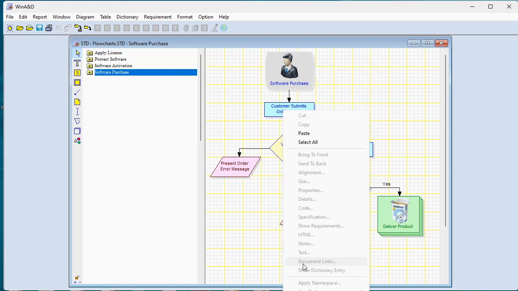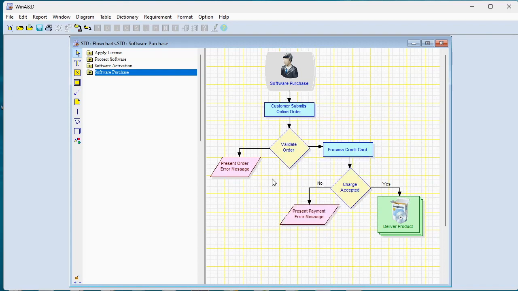And that will allow you to bring up a dialog and then link to other types of documents, like maybe a Microsoft Excel or Microsoft Word or a PDF file or whatever. So all the various nodes in your diagrams can be linked to other associated documents for whatever type of process you're trying to